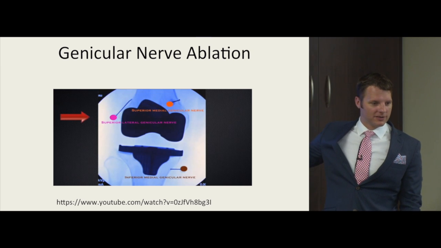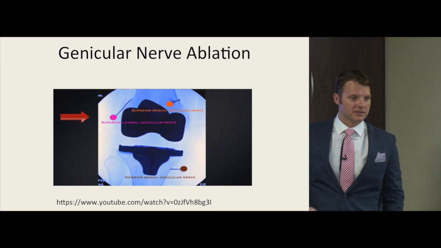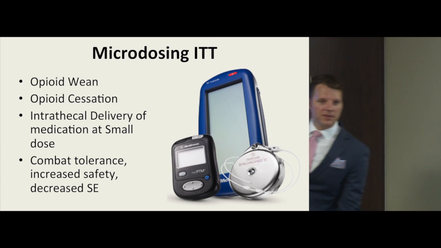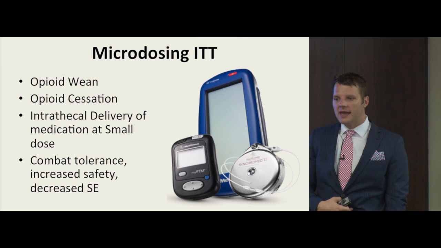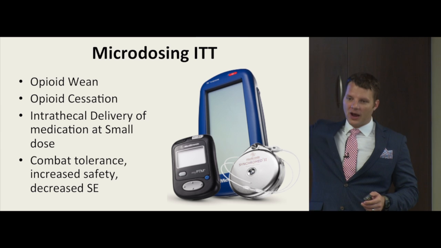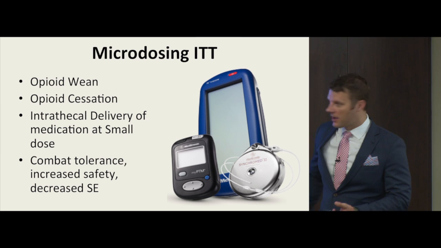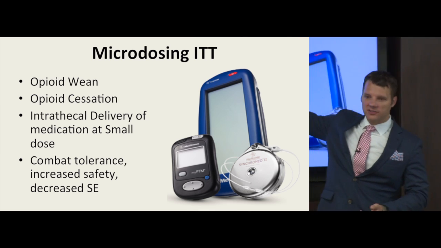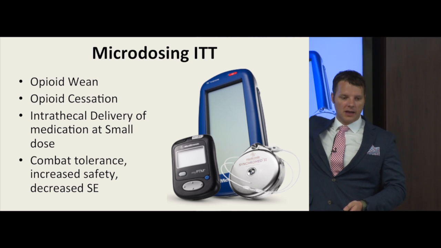So this is kind of, again, another sexy intervention that's coming out that can help people. Osteoarthritis is a huge problem. Microdosing, again, it's the same thing as the hockey puck that we implanted for our pain patient a couple slides back, except you can do traditional therapy, which is that normal or higher dose opioid plus or minus other medications infusion in the spine, or the trend now, at least in this area, is to, if somebody's on chronic opioid therapy for chronic back pain, if they're a candidate,